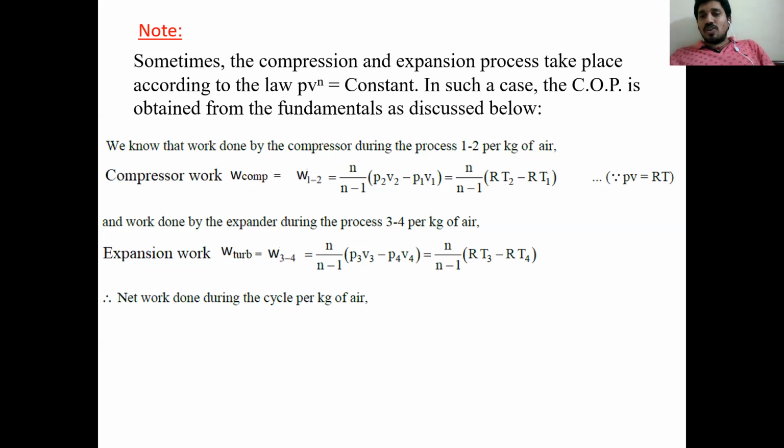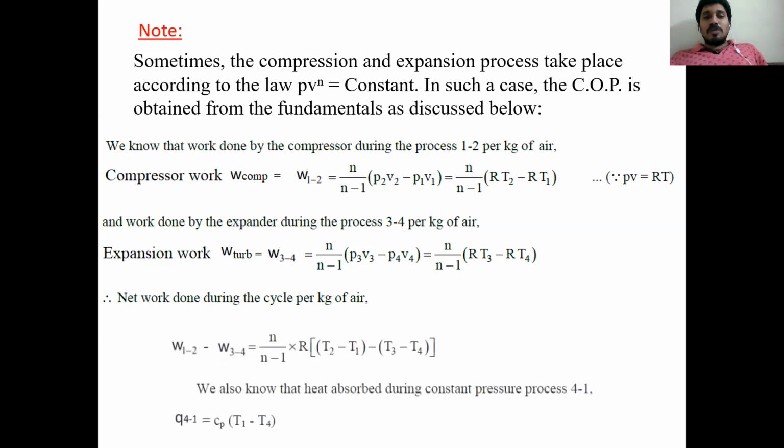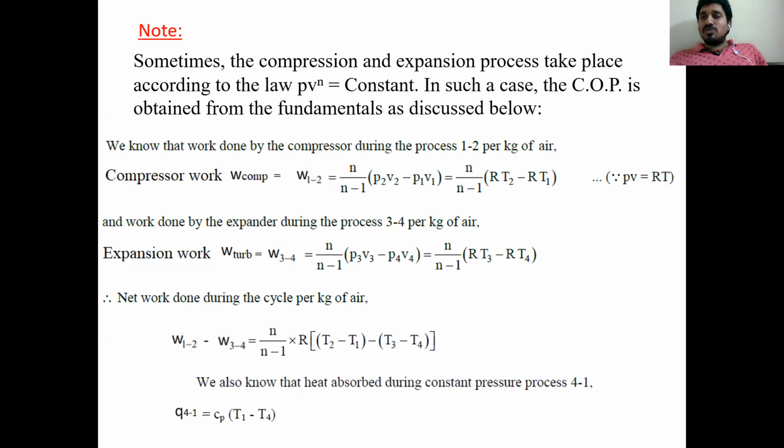Where R you can take out from the brackets. So the net work done, or the network input required, can be written as W compression minus W expansion or turbine: W12 minus W34, the total network input required for the system. So n by n minus 1 into R in brackets T2 minus T1 minus T3 minus T4, from the previous equations that we have